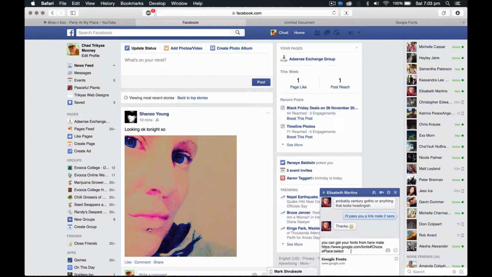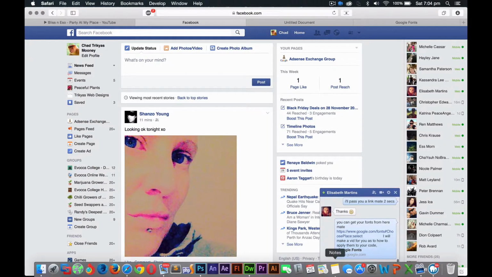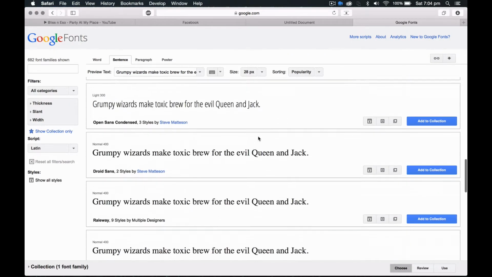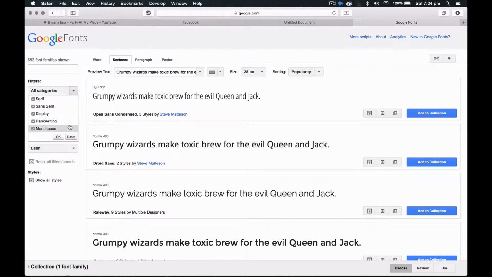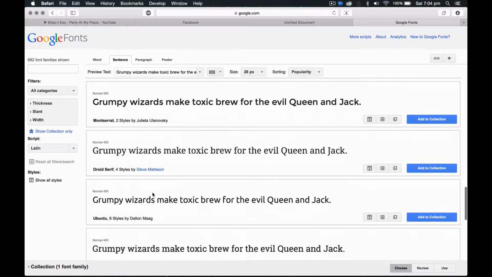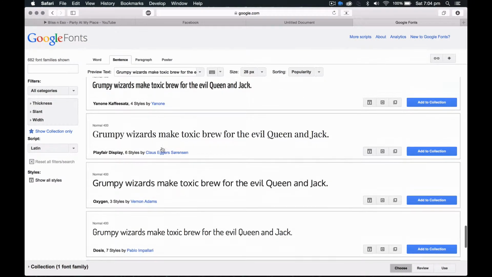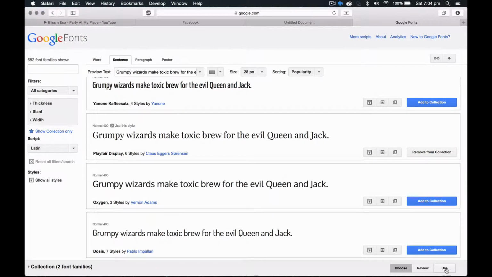From here, mate. Okay, so we'll go over to Google Fonts. It looks all good. So we're just going to pinch something headerish. That'll do. So we'll add that to collection. We'll go down to use,